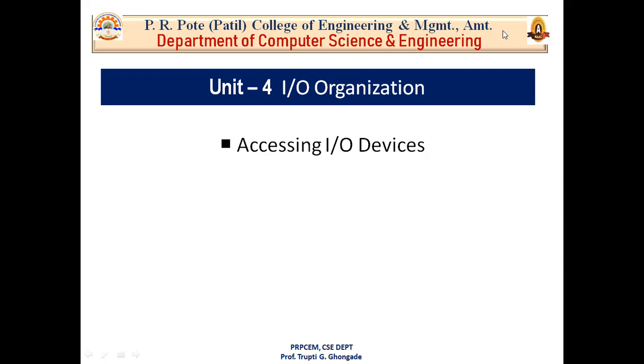Now we know how instructions are executed, how input and output devices communicate with each other, how the processor executes the data coming from an input device, and how the processor forwards data to output devices. In the second unit we also saw that when the processor wants to communicate with input and output devices, there is a data in and data out register, which act as buffer registers. We will see this concept again in detail in this topic. So let's start with accessing IO devices.